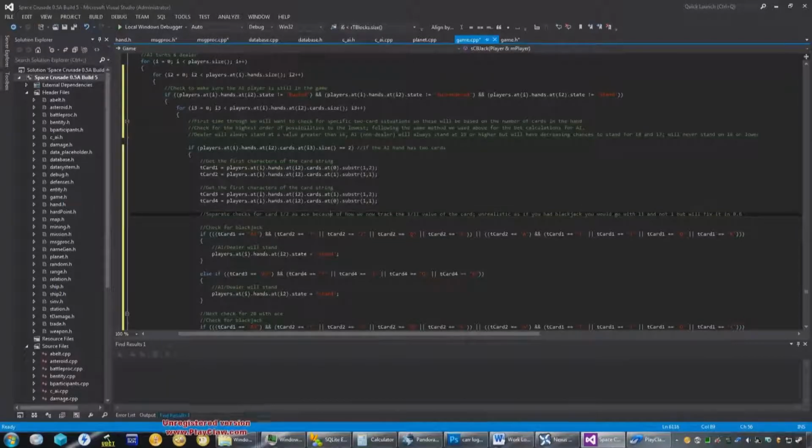Now, what I have to figure out is how to determine when every player is done with their turn. In other words, if they've surrendered, if they've stood, busted out, or whatever, or gotten to 5 cards. We need to figure out a way to determine that. And I think what we'll do is we'll create a